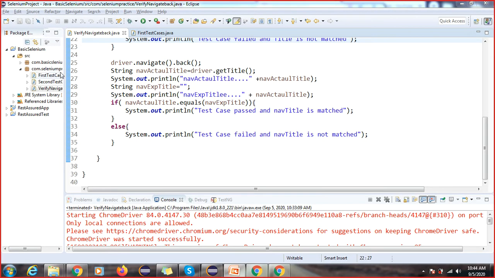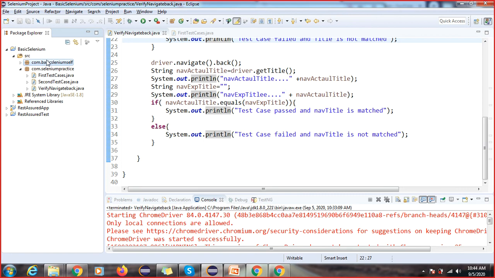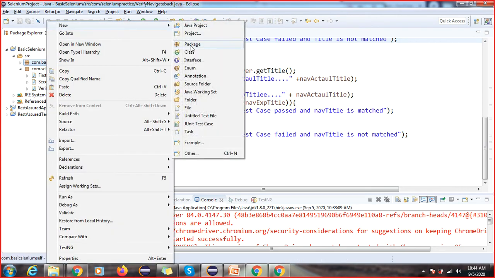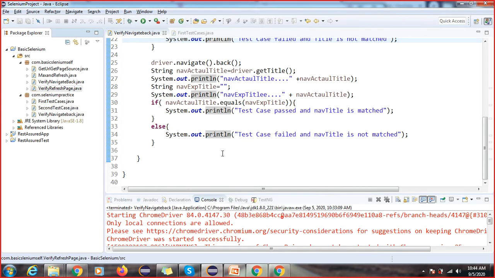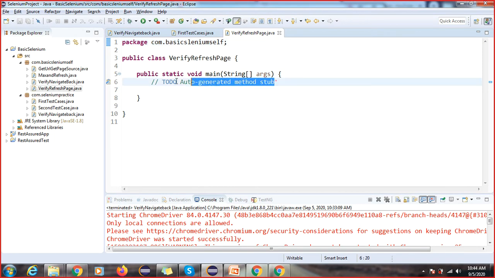So again I will write the same code, but I will use a different method. Now I'm going to create one class, VerifyRefreshPage. I will explain this in the coming session, so don't worry about that. But we have to understand each and everything.